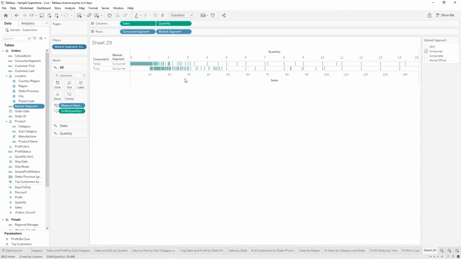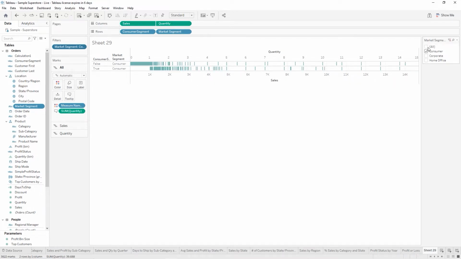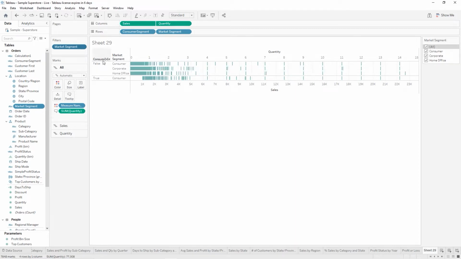And click OK. So we're just seeing the true and falses for consumer. If we hover over any of those marks on false, like the first one, the sales are not high enough, nor is the quantity, right? So they're still in the right segment, but they don't meet all of the criteria. And over on your filter card on the right, we can go ahead and click all again if you want to see all. And we decide that we're going to hide the field label